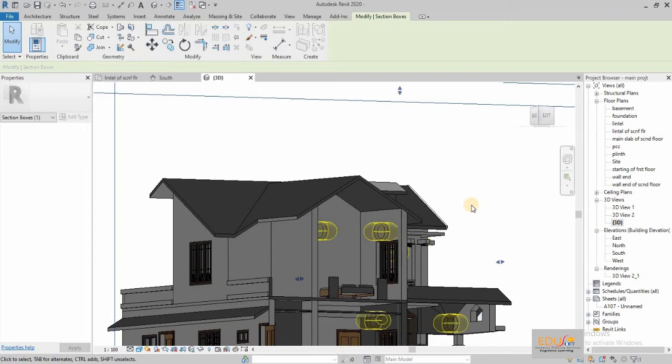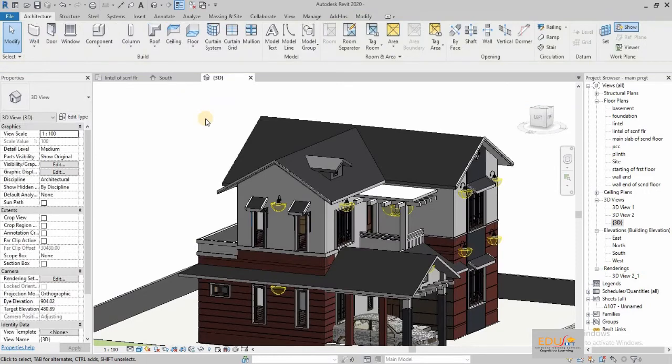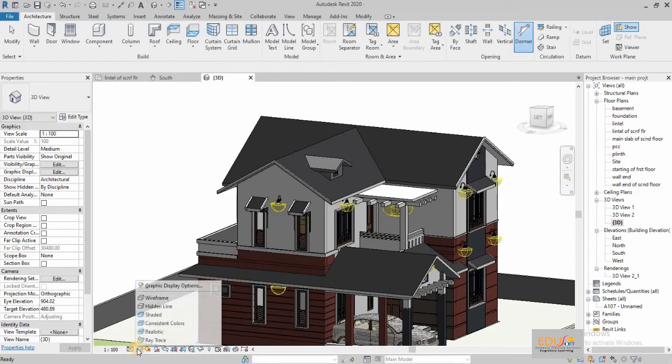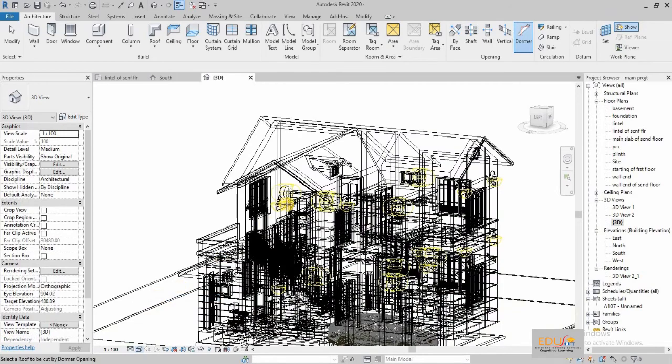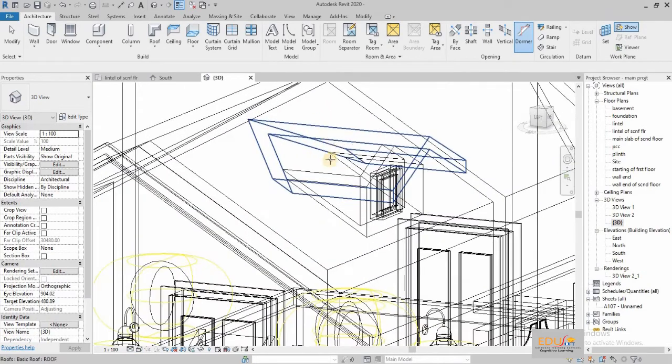Next we are going to cut the bottom face. Go to the Architecture toolbar. Click on the dormer opening icon on the Opening panel to cut the bottom face. Select the main roof to be cut by the dormer opening.